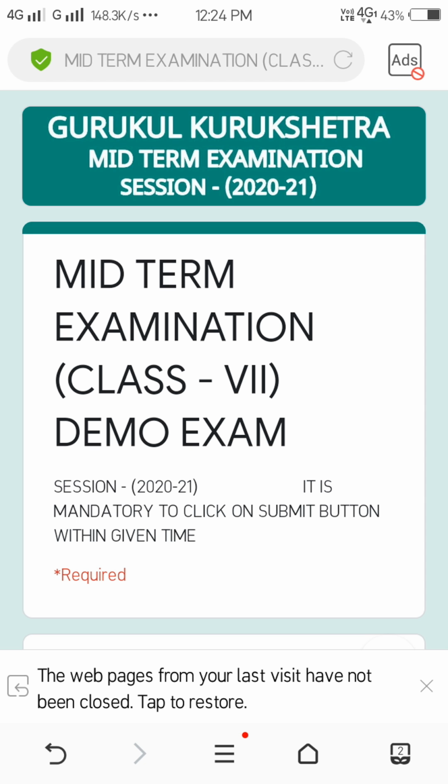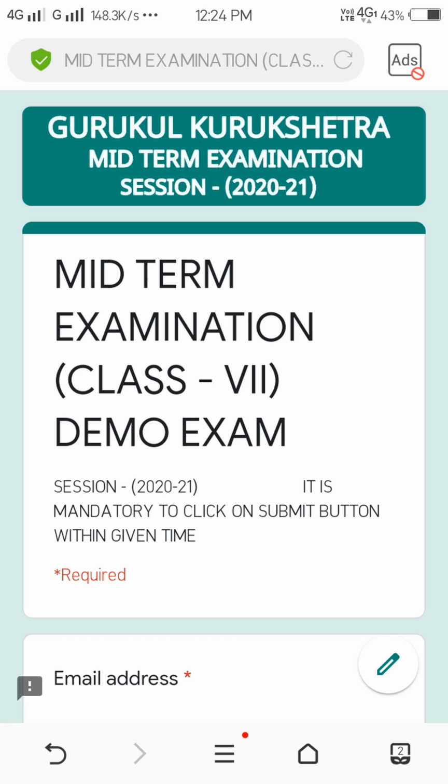Now the midterm exam of Gurukul Kurukshetra will open. Here you have two sections. The first section will hold complete information of a student, and the second section will hold 50 multiple choice questions.